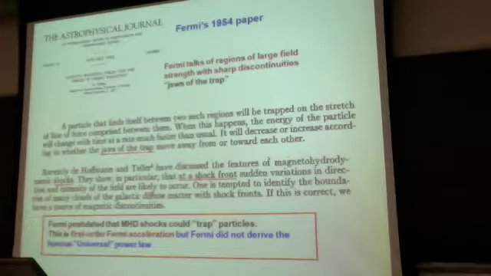So a few years later, Fermi published his 1954 paper where he talks about if you somehow can trap these particles, instead of having some overtaking and some energizing collisions, all the collisions are energizing. You can overcome the difficulties associated with the shock fronts and so on. So Fermi postulated that shocks could trap particles. This is the first-order Fermi acceleration mechanism, but Fermi did not derive the famous universal power law that I want to talk about. But you should actually go on astro-ph and look up this 1954 paper, because if you do,